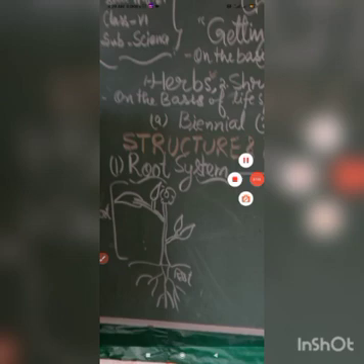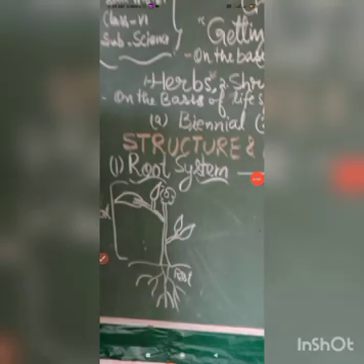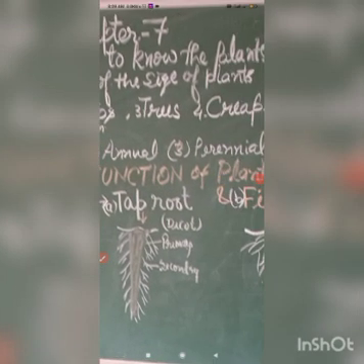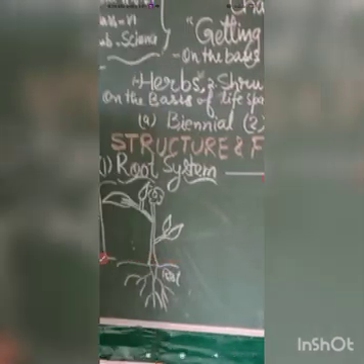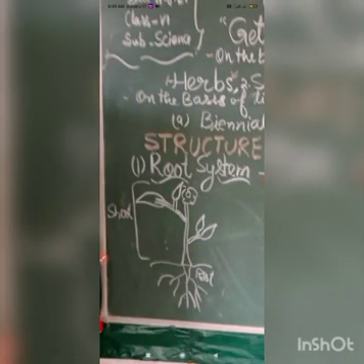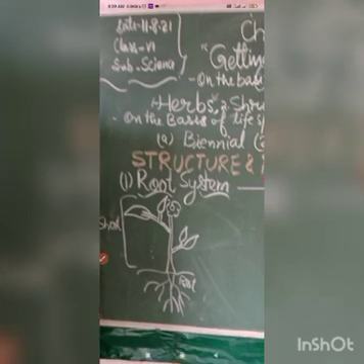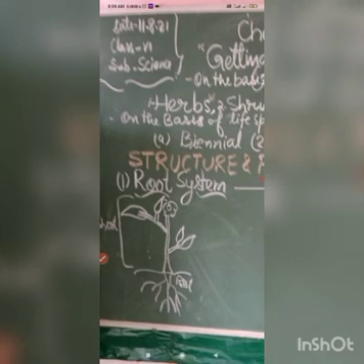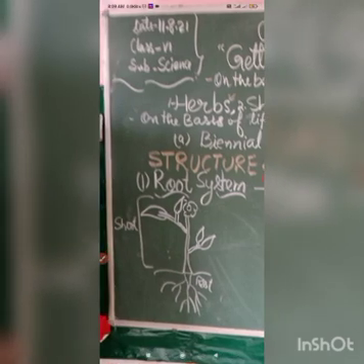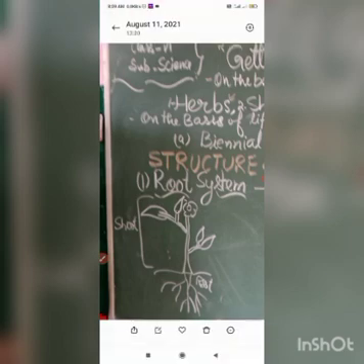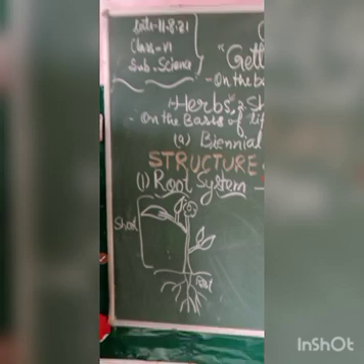My dear student, come to the next, that is the structure and function of the plant parts. For the structure and function of the plants, let us see. As far as the structure is concerned, the plant is made up of a root and shoot. So the underground system is the root system, and the above ground system is the shoot system. Therefore, students, in the shoot there are leaves, stem and flowers.